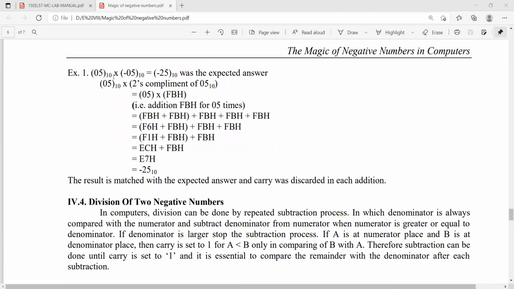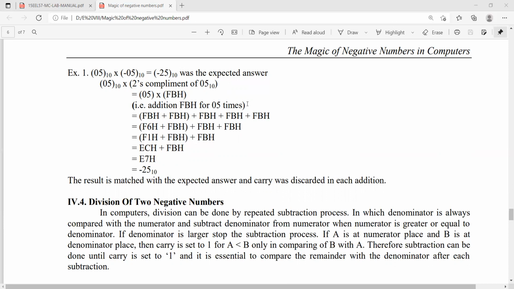So here also there is 05, one positive number and one negative number. This minus 5 is generally FB. So FB you can add for 05 times. So this is a multiplication. FB plus FB plus FB plus FB plus FB, 5 times. So this is the multiplication. Repeated addition is the